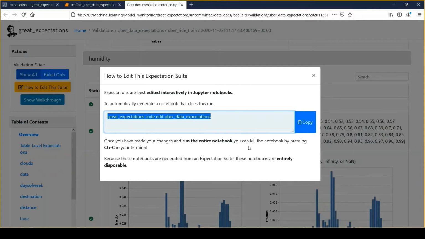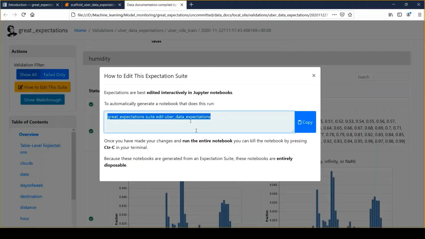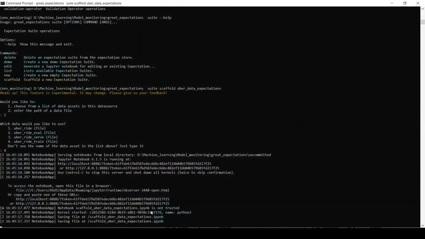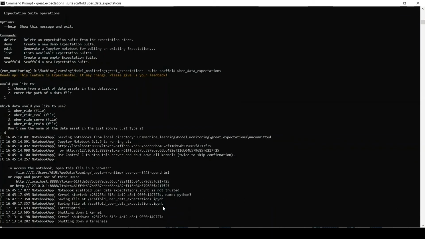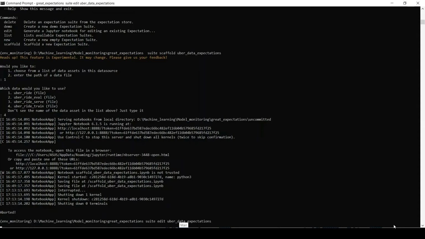Once you have made the changes, we will go to my terminal, Control C. It will close, and then we'll paste whatever we have copied. So the command is great_expectations suite edit uber_data_expectation. Just press enter.